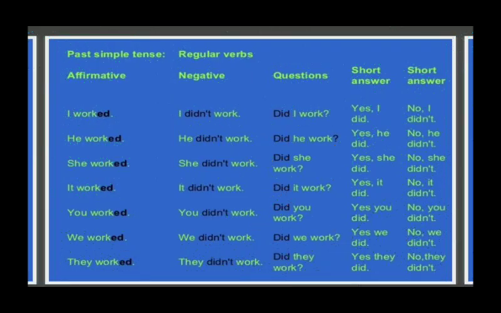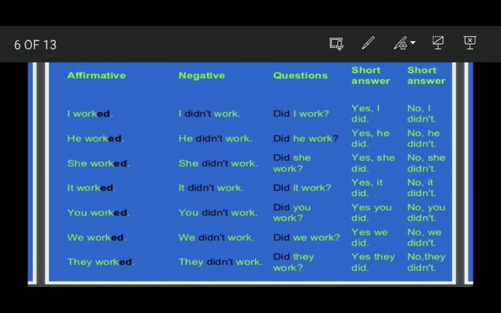Simple past tense. You can see here I have given you a table. I have shown you a table about the simple past tense, regular verbs, irregular verbs in affirmative sentence, negative sentence, and interrogative sentence, meaning questions. And let us leave the short answers; you can answer according to your position. Here you see, I worked. The second form of the verb is used, and this one is a regular verb. I did not work. The negative sentence of the simple past tense is used.